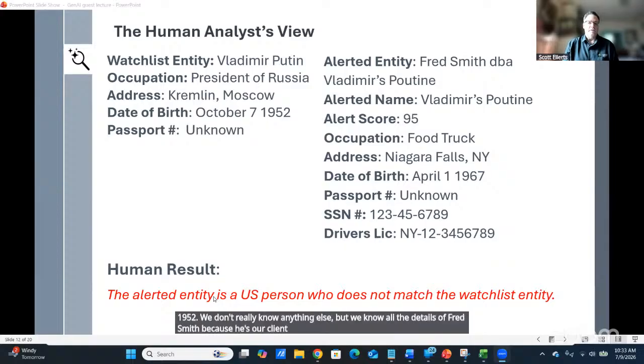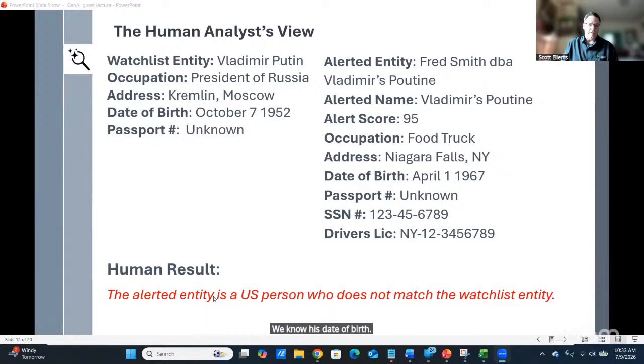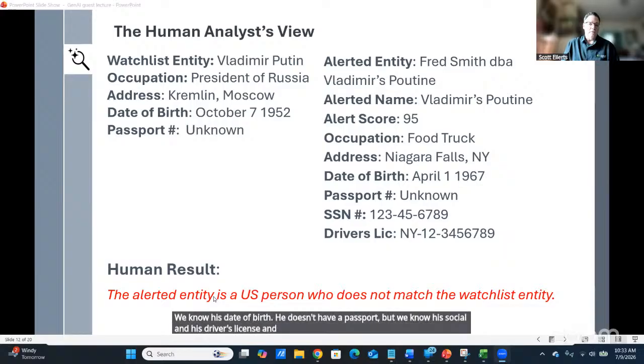He's gone through the due diligence process. So we know that he runs a food truck. We know he's in Niagara Falls. We know his date of birth. He doesn't have a passport, but we know his social and his driver's license. And, lo and behold, the alert entity is a U.S. person who does not match the watch list entity. It takes the analyst maybe a minute to clear this alert.